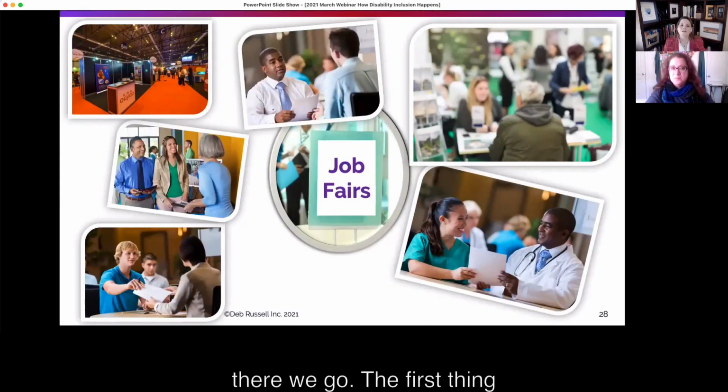The first thing that companies use as a tactic generally for workforce development and to make sure it's more inclusive of people with disabilities is job fairs. There are countless organizations that run job fairs specifically for candidates with disabilities. They can be state organizations designed around a particular state or a very particular neighborhood. They could be job fairs designed around a specific disability type, or can be much more global. So there are national organizations that run job fairs for businesses to be able to recruit